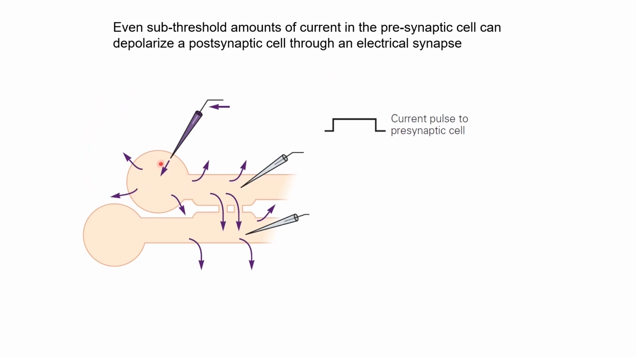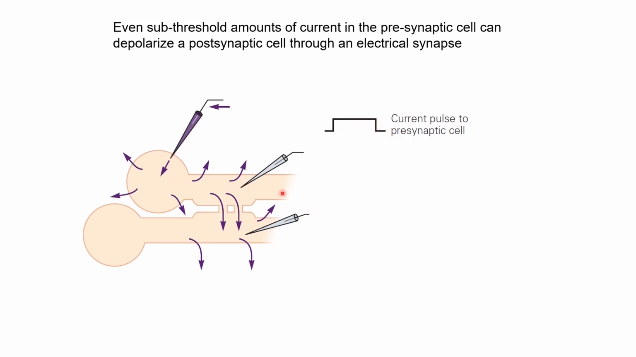So let's consider that these are two neurons that are connected by an electrical synapse here. Now you put two electrodes in the first neuron. So one is the stimulating electrode and one is the recording electrode. And in the postsynaptic neuron you put another recording electrode. Now if we inject a small current pulse, a small depolarizing current pulse in the first neuron,